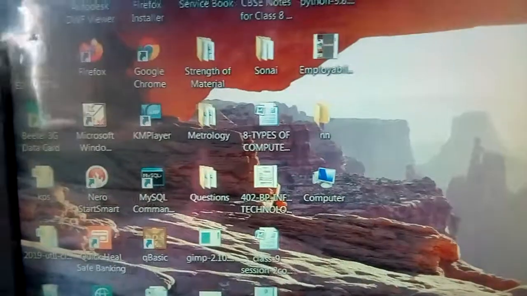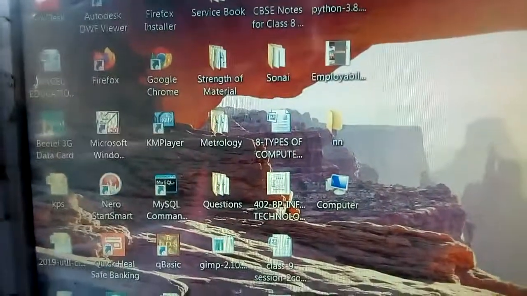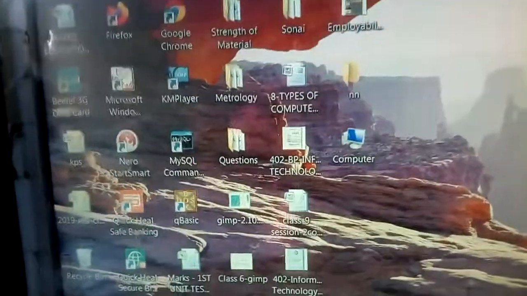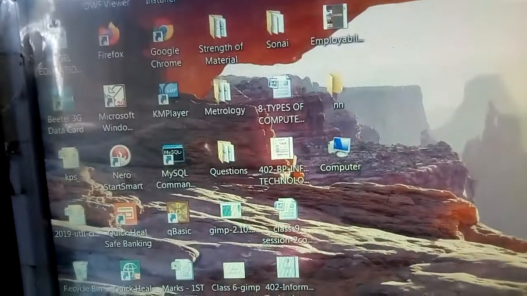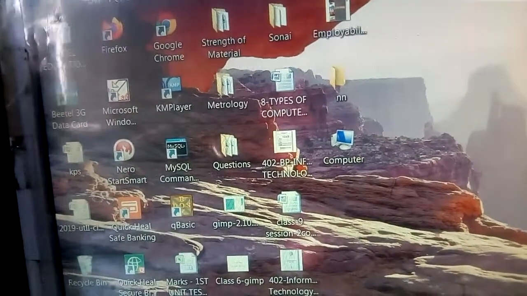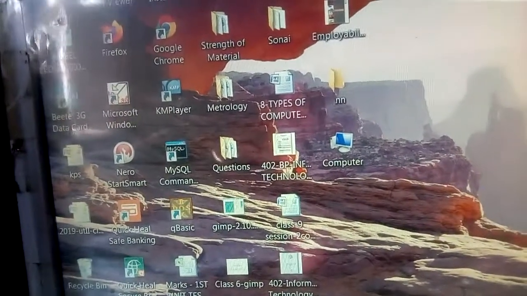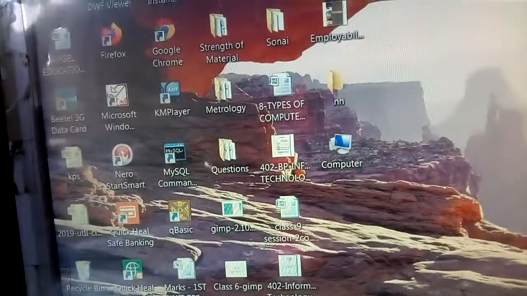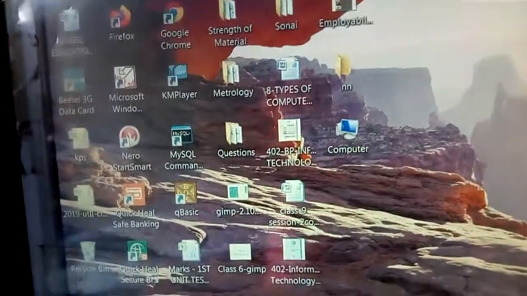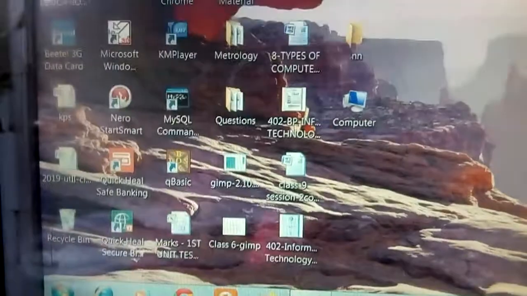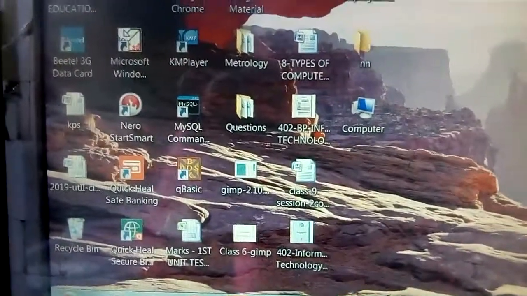In channels, there are mainly three prime colors we have seen: blue, green and red. And one more is alpha. So let us start how to do the GIMP.